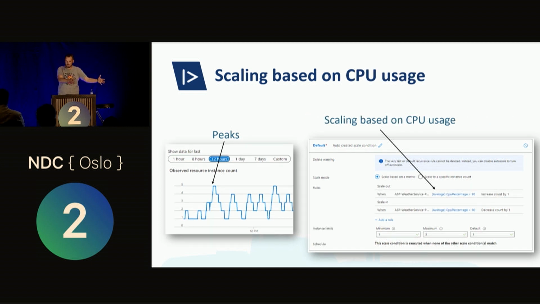For the API, as I said, it's not the same. We did the scaling based on the CPU usage. This is, I would say, a more common scenario where, based on the load, you will just add more and more APIs. So again, it's nearly similar to the way we did it for the background services, but just a different metric. So